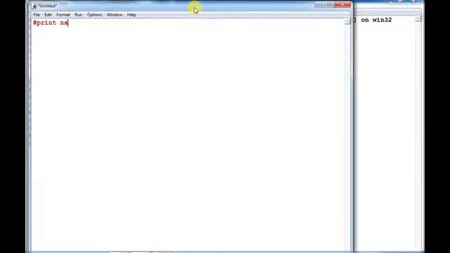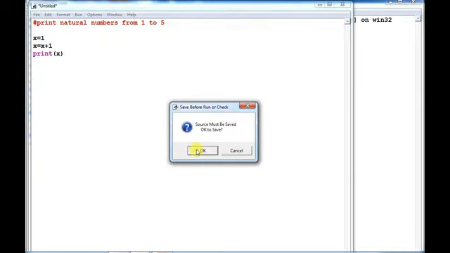Print natural numbers from 1 to 5. One variable I have taken, then x equals x plus 1, and then print x. These two statements, suppose I am executing this, run.